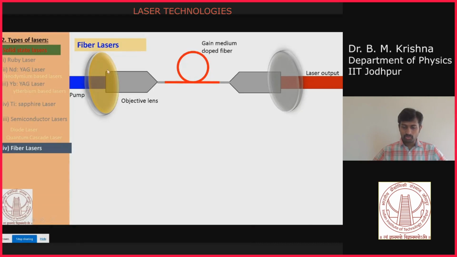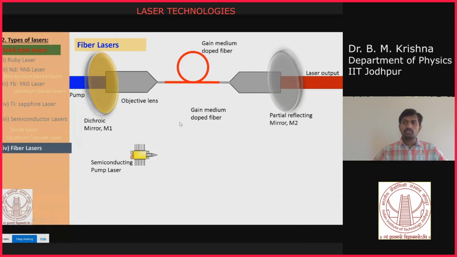Now you have two mirrors, like our conventional laser resonators. These mirrors are designed such that one of them is a dichroic mirror, which is 90% reflective for your spontaneous emission or your stimulated emission, and the other is a partial reflecting mirror. This mirror allows partial light to go through, and the remaining light is reflected as feedback to your system. So this is the basic design of your fiber laser.